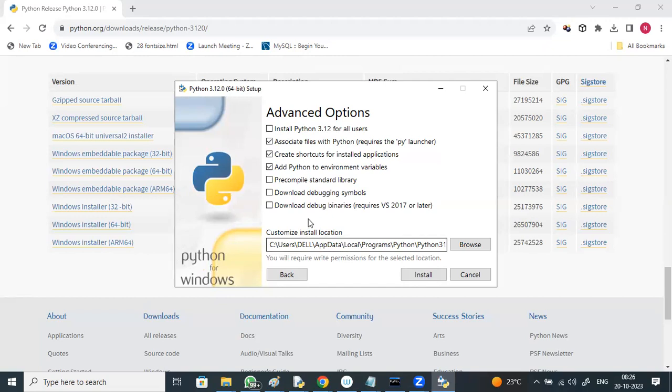So tomorrow, if you want to locate where your Python got installed, it's a very big path with multiple subdirectories: C, Users, Dell, AppData, Local, Programs, Python, right? So remove all that path. Keep your cursor before this Python 3.11 and remove all this big path. Just install Python in the C drive, C slash Python 3.12. That's it. Just say install. It hardly takes 1 minute for installing Python.